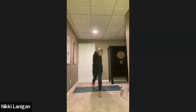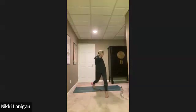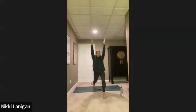Exhale, step your right foot back. Right leg comes back. Revolve, lunge. Revolve, crescent lunge. Inhale back through center. High lunge. Breathe. Hands come to heart center. Make your way to airplane or warrior